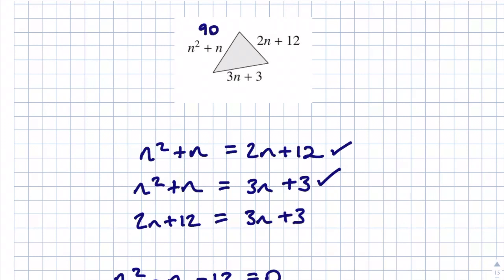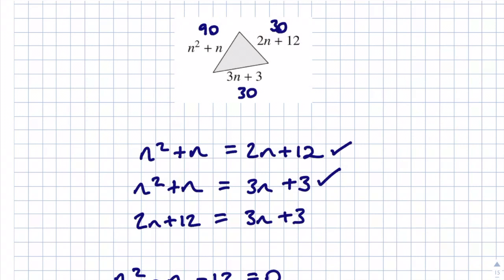Then for 3n plus 3, we're going to get 3 times 9, which is 27, plus 3 is 30. Then for 2n plus 12, we're going to get 2 times 9, which is 18, plus 12 is 30. Now, we can see that 3n plus 3 is equal to 2n plus 12. That's correct. However, if we look at the other side length of 90 for n squared plus n, you should